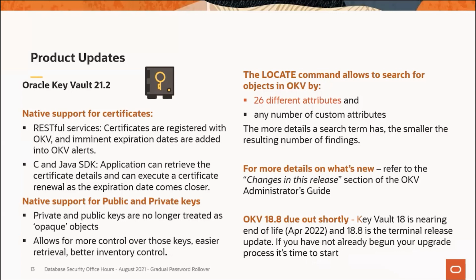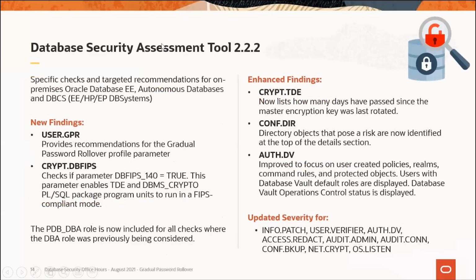So if you haven't already begun your upgrade planning, it is time to start on that. Okay. Another new product release is Database Security Assessment Tool, and we've made a minor update. It was 2.2.1. We've just released 2.2.2. What's new in